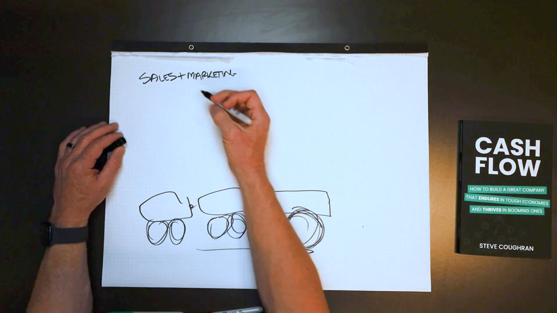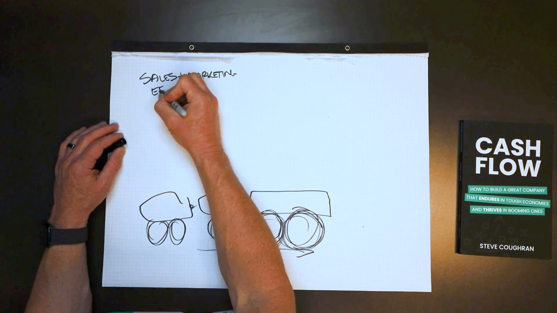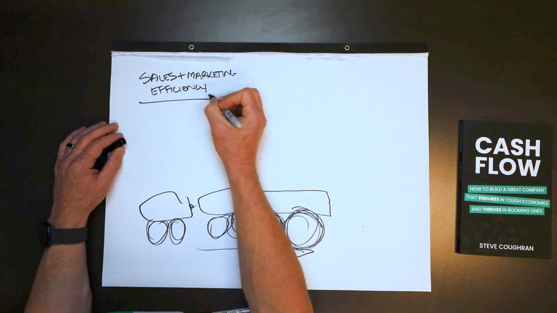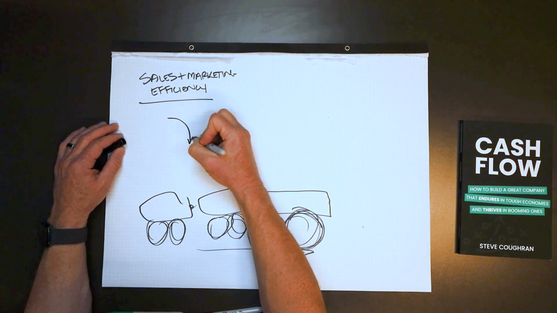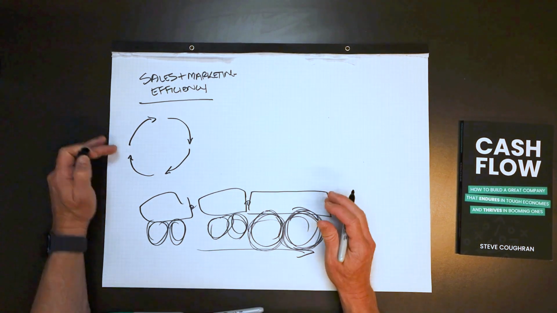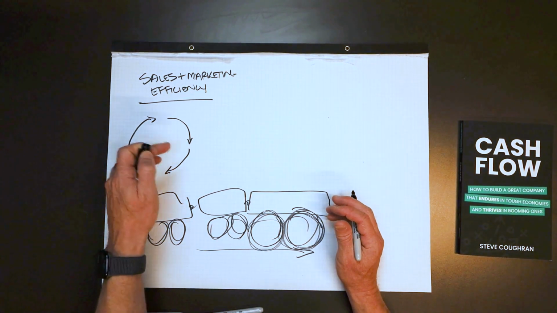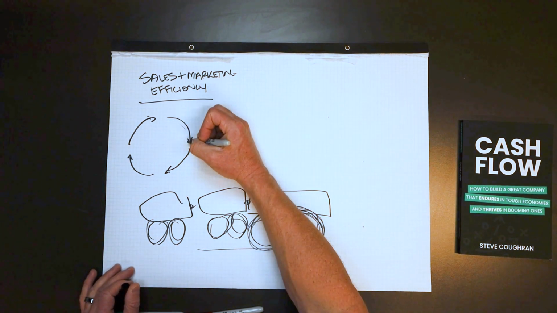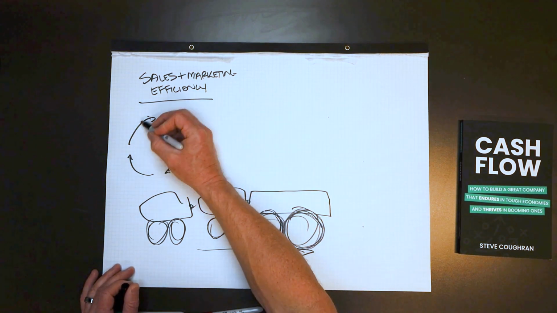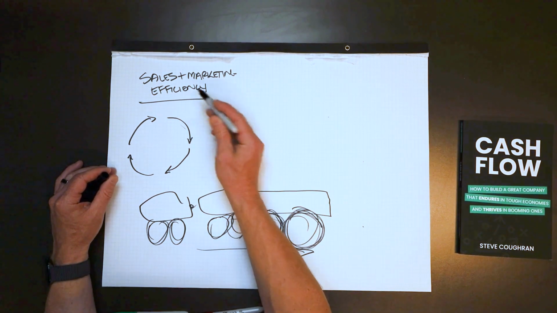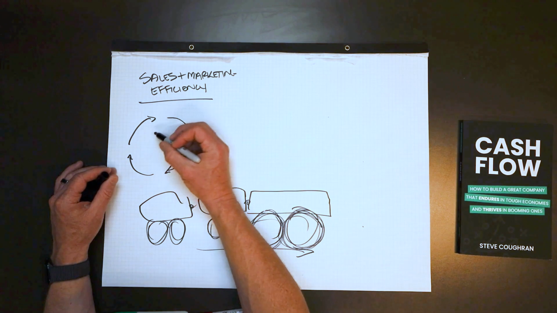And really, when I look at flywheels, I look at efficiencies. So I'm just going to label this sales and marketing efficiency, right? And here's the flywheel. And once you get the flywheel going, when it comes to sales and marketing, then all of a sudden you're going to be getting more leads. You're going to be closing more of those leads. You're going to be retaining more of those leads, getting more referrals, etc. And this flywheel is going to be spinning quite nicely. Now, in order to measure your sales and marketing efficiency, you're going to want to look at